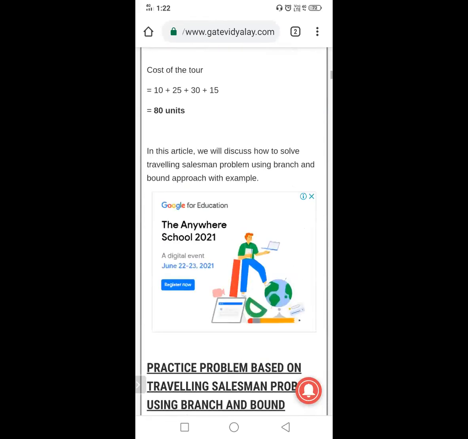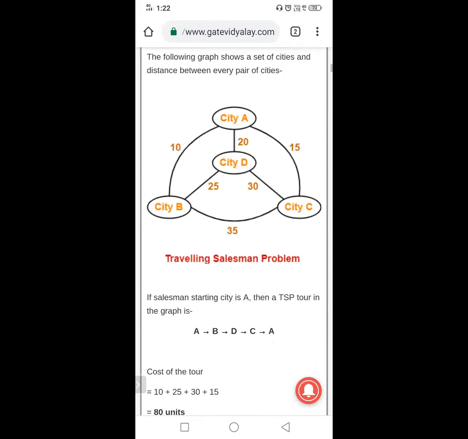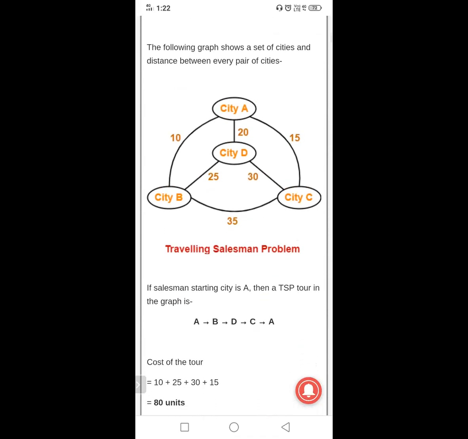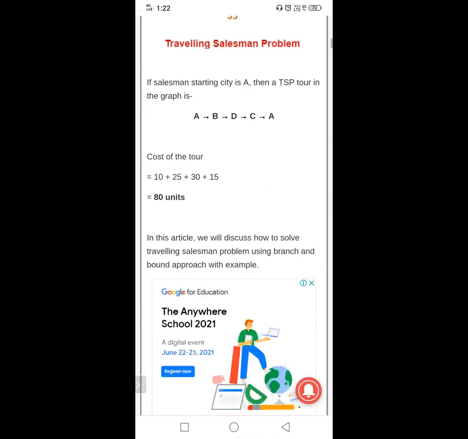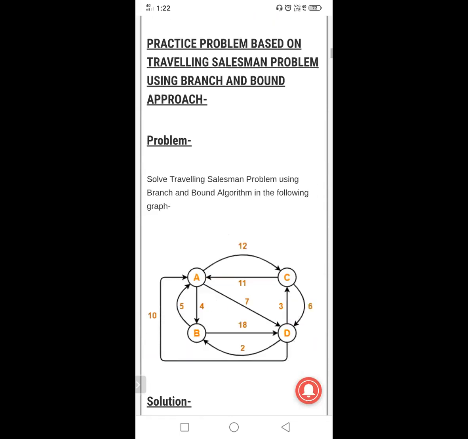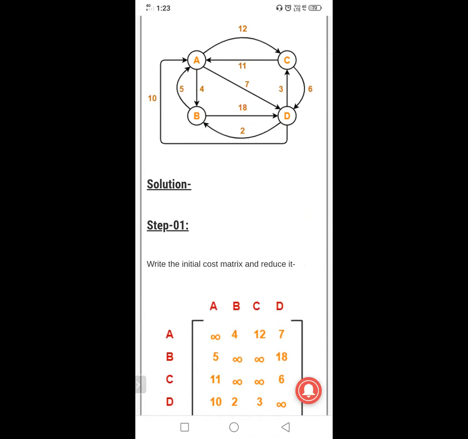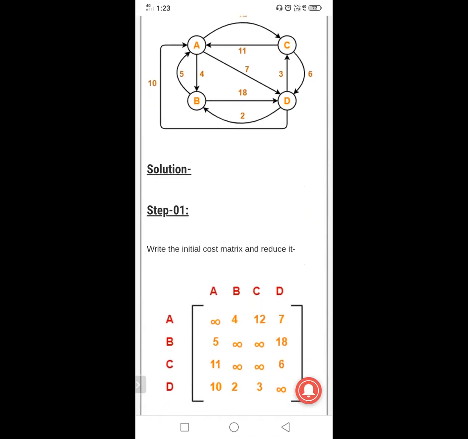Okay, so this is also a matrix. Just now I told this example. So in the exam, if it is given in this way, you have to construct it. You consider one root node, then A, then B, then C, then D. If there is a direct path from A to B or A to C, then you write that cost, otherwise just put infinity.